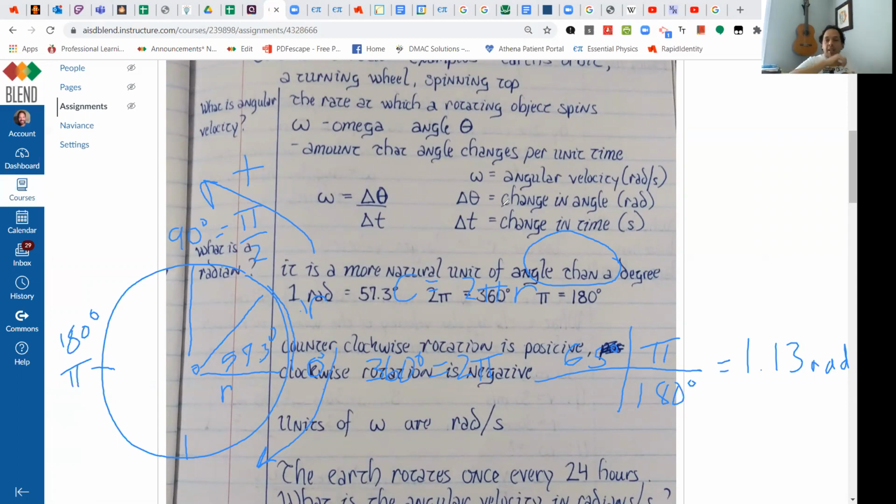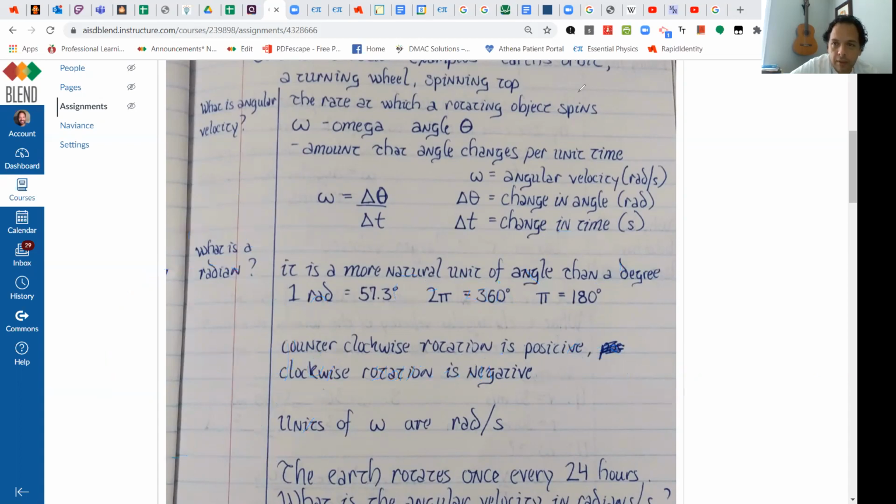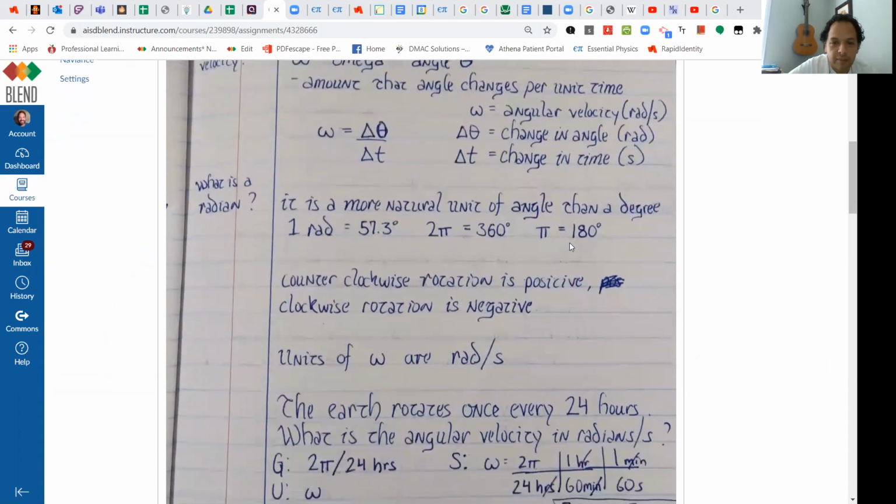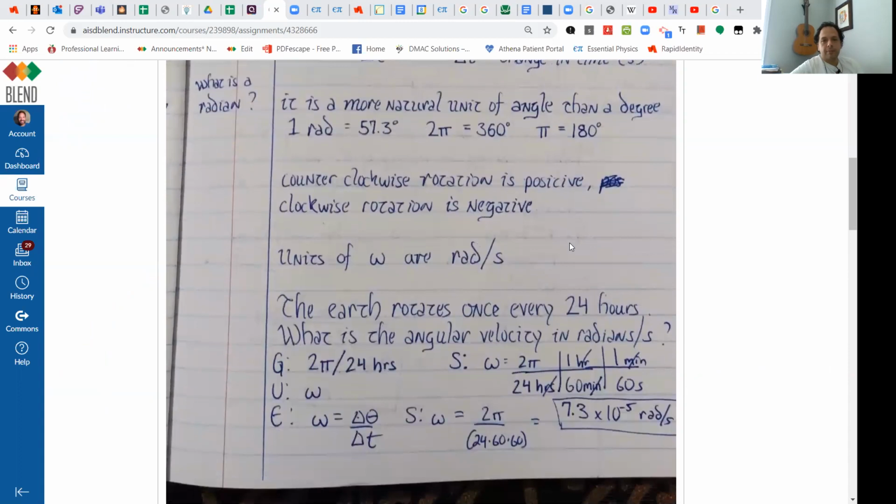So yeah, that's a crash course in radians and degrees. So sometimes you have to transfer between degrees and radians, and I would use dimensional analysis using pi equals 180 degrees. Clear all that. And I'm going to post this video later, so if you want to watch it again for another explanation. All right, so then we have an